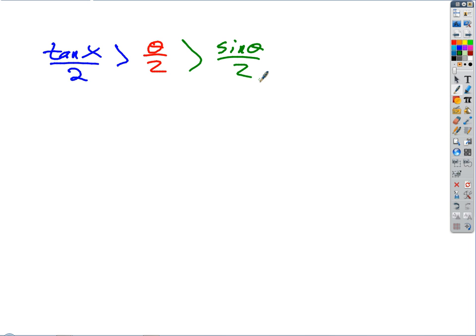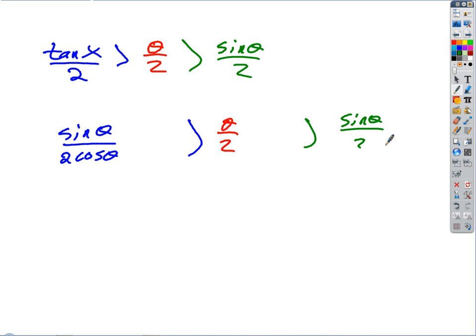So why am I doing that? Well, first of all, let's rewrite this. This is just sine theta over 2 cosine theta, right? This one stays the same, that's just theta over 2. And this one, sine theta over 2. So if I multiply each of those through by 2 over sine theta,